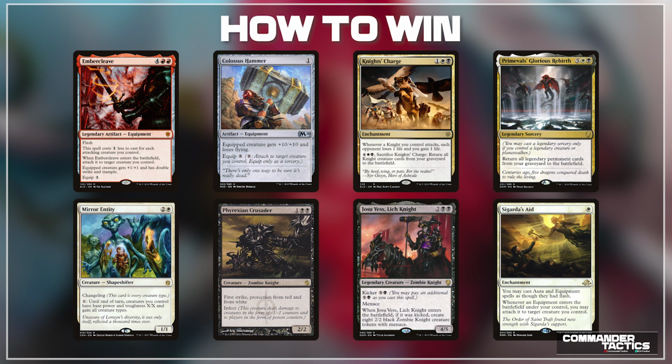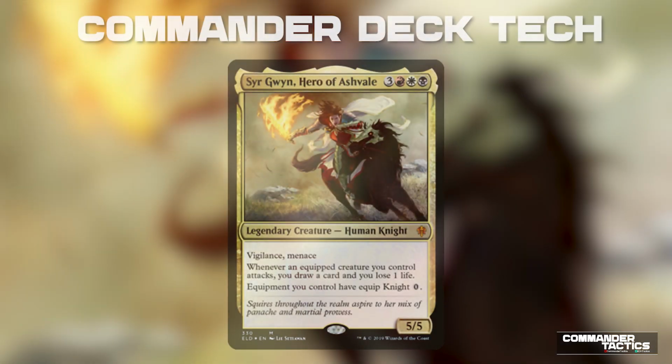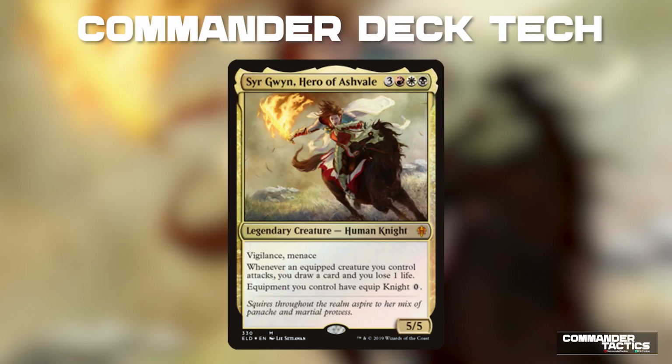Phyrexian Crusader, equipped to 10 attack, can infect someone right out of the game. Josu Vess can make us a 9 creature army for 10 mana. And lastly, if we have Sigarda's Aid on the board and we flash in something huge after blockers are declared, this is an easy way to catch the opponents off guard and a good chance that we just take them out. But that is going to wrap up this Throne of Eldraine Commander deck tech of Syr Gwyn, Hero of